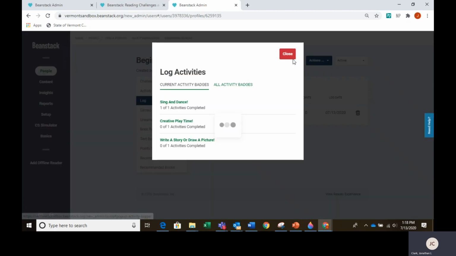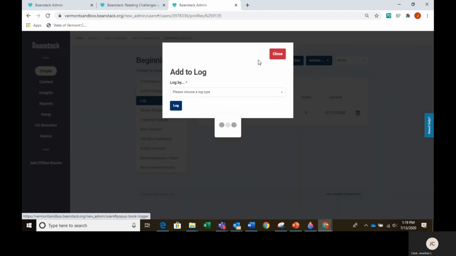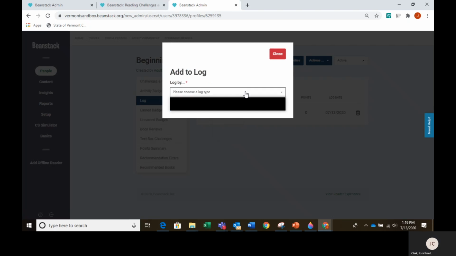Or you can view the other badges that are here. Here's the current activity badges. You can see what is completed so far. And then if you click add to log,